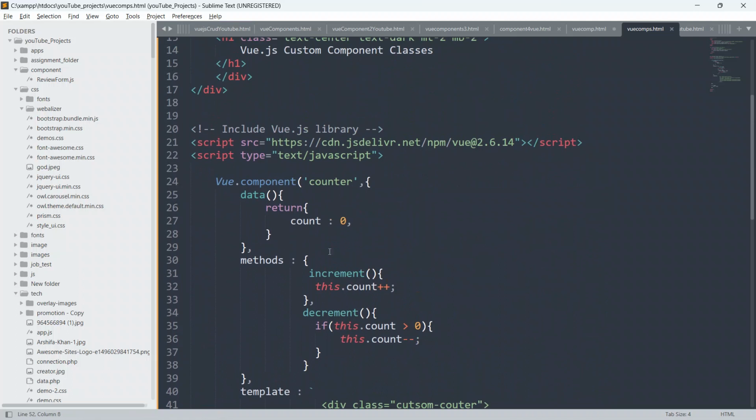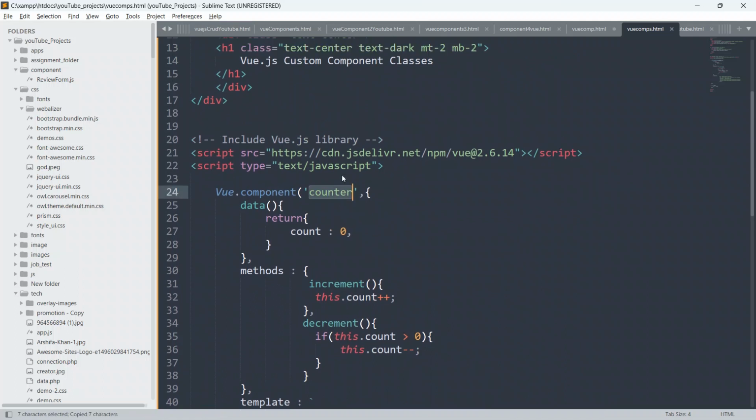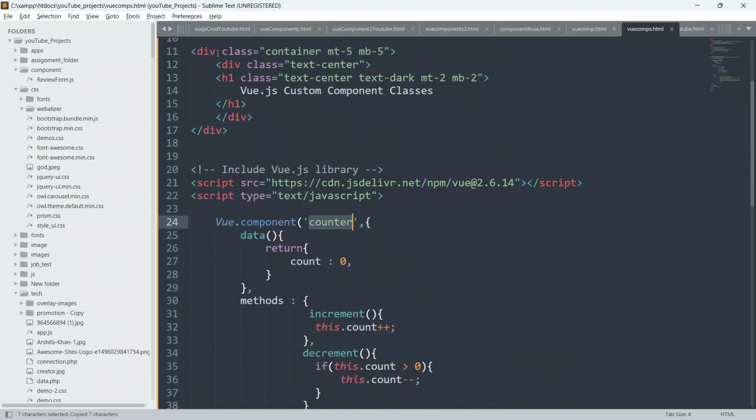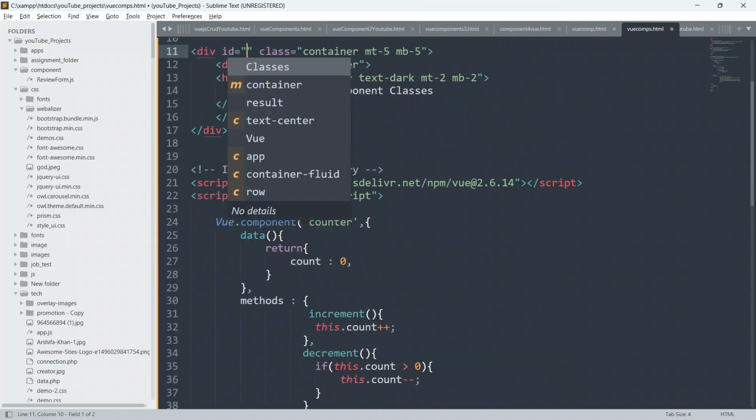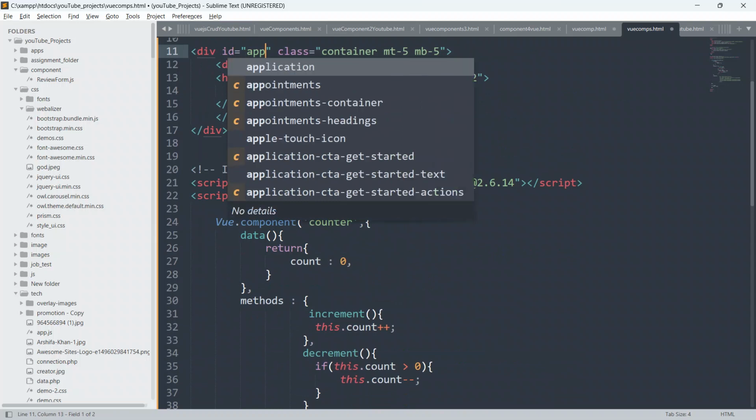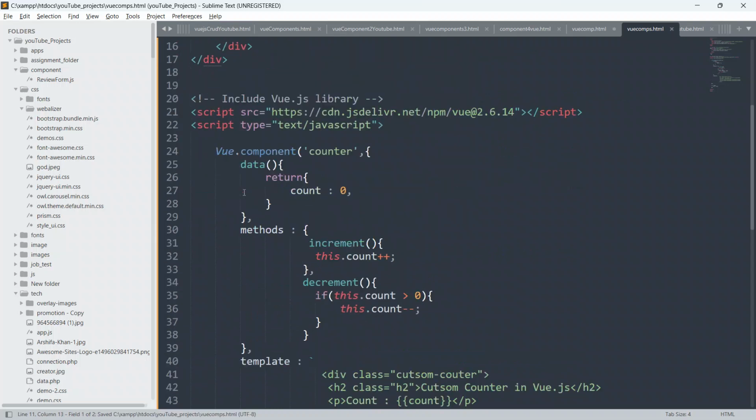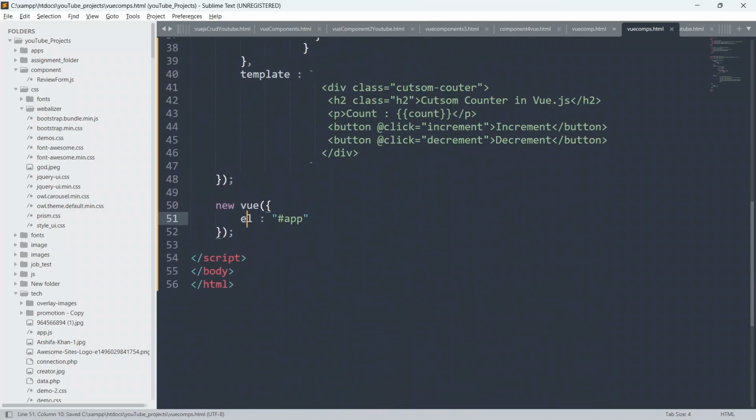Now we have to call this component inside our Vue.js application. First of all, we have to give this div an id, and the id will be only app. As you can see here, this is the element and this is the id, because I have given hash.